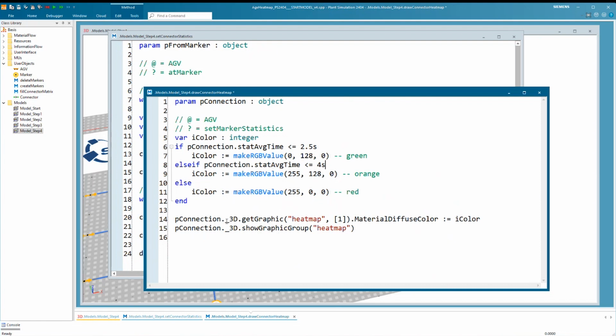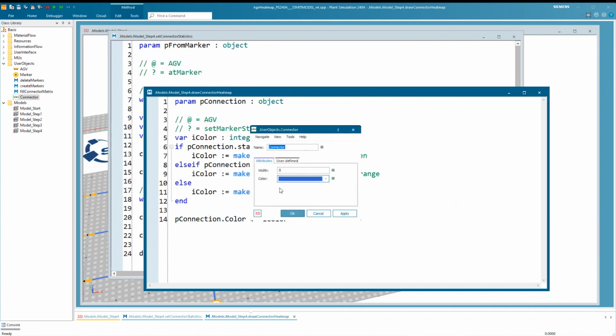And for my connections, I don't need additional graphic groups or additional graphics. Here there's a simple way to just set the color attribute to paint the connector in different colors.